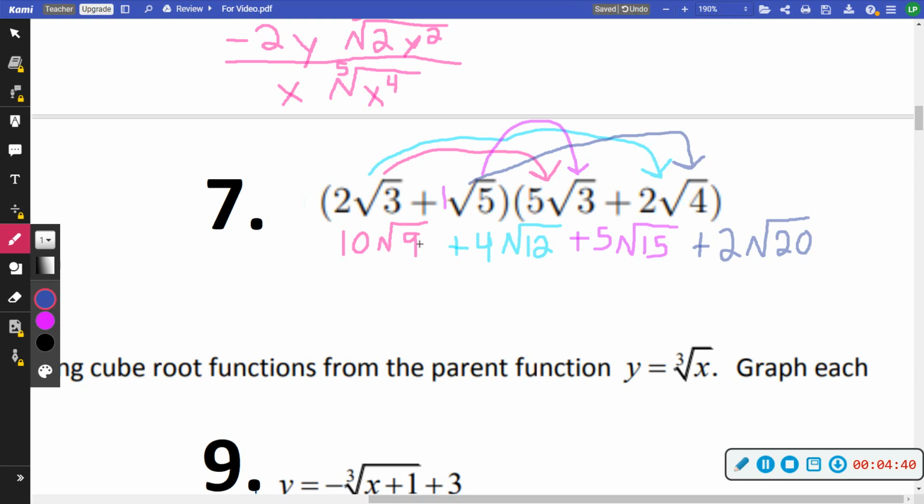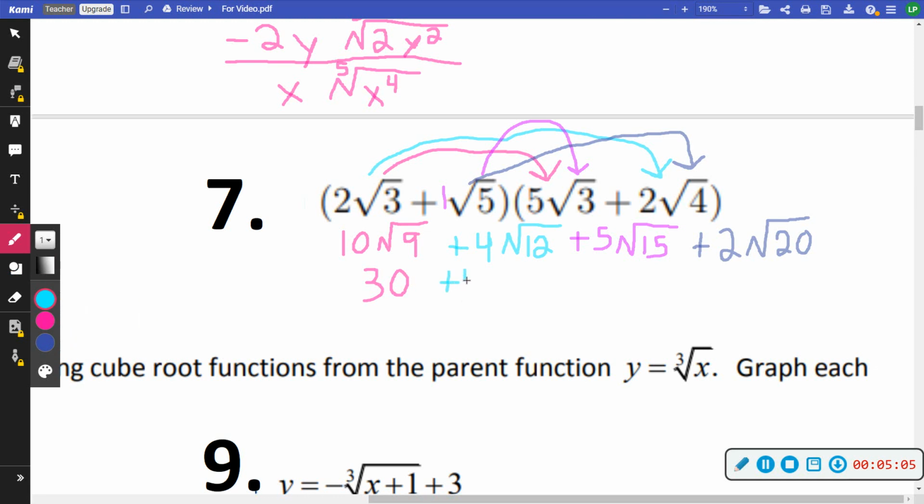Let's see, square root of 9 is 3. 3 times 10 is 30. So this would become 30. I could reduce this. Remember, 12, and I'm going to write that out. So 12,